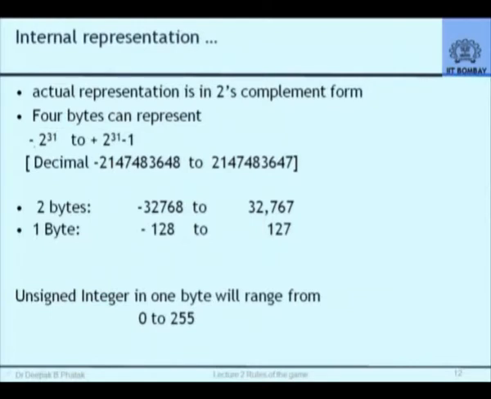But consequently, with this kind of 2's complement notation, we revise our estimate of the range of values that we can represent. 4 bytes give us this range, 2 bytes will give us this range, and 1 byte will give us a range from minus 128 to plus 127. A signed integer of 1 byte would have given us minus 127 to plus 127 with plus 0, minus 0. But this is what we'll get. Of course, if I say represent unsigned integer, I will not get any negative numbers, but I'll get 0 to the maximum value.